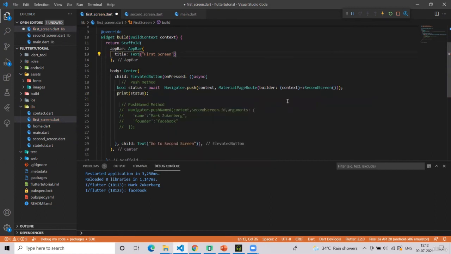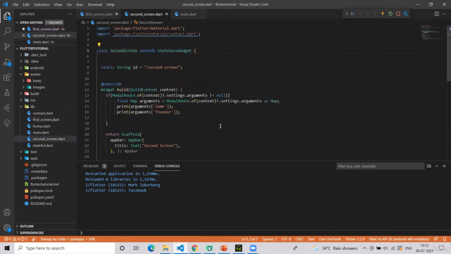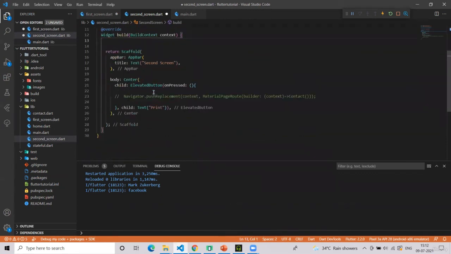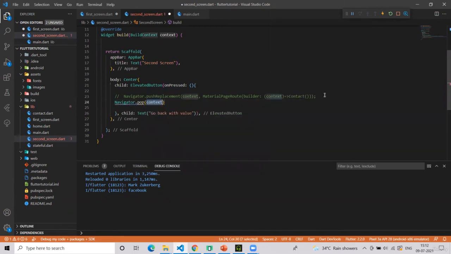And here I will just write print status. And now from the second screen, while we go back with value, here I will simply write Navigator dot pop context, and then here with just comma I will write true. That's it.